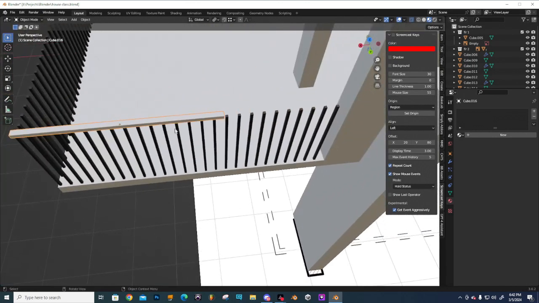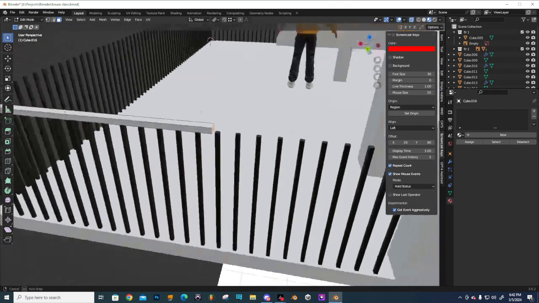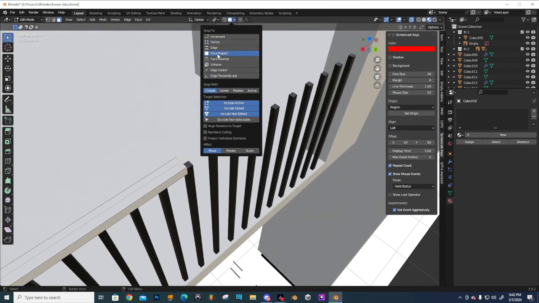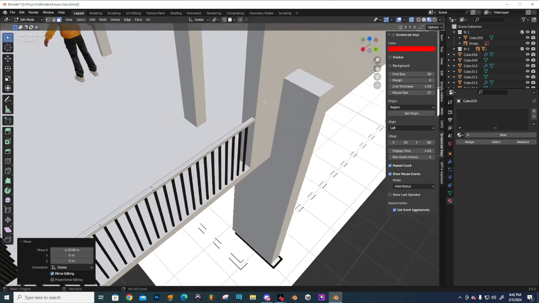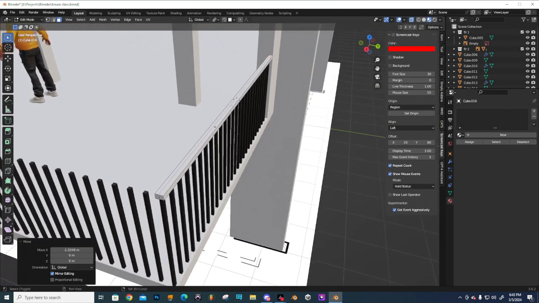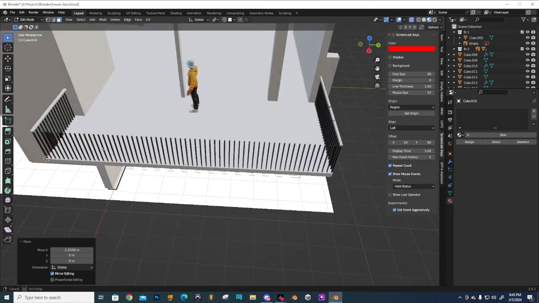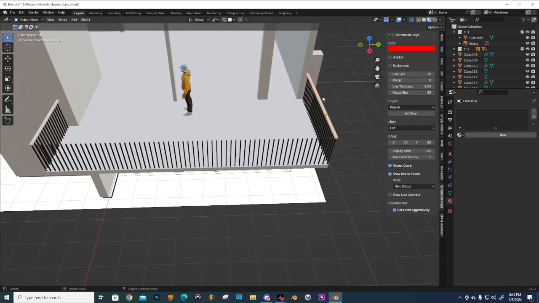So now on our handrail, have it selected, go back into edit mode, grab that face here, go into our snap tool, put it back on face project, GX, and snap it to that face. Alright. So now if we go back into object mode,